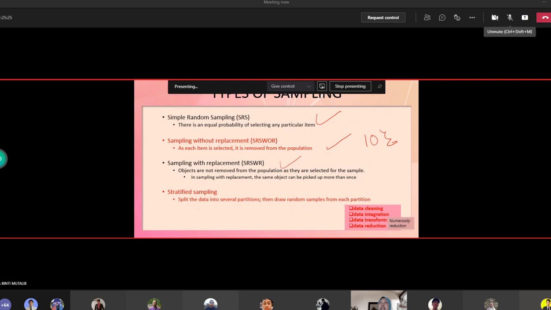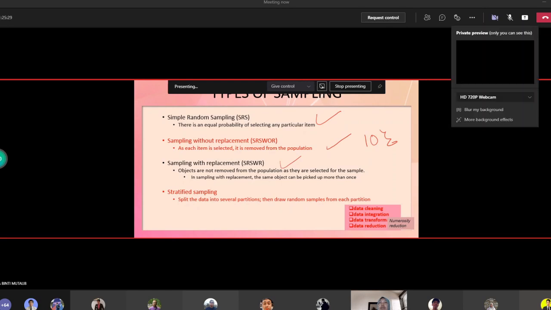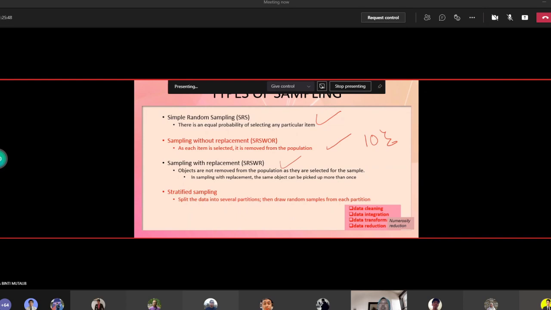And these records will be, okay, this record will be written to the pool. Then you have to pick up another record to be put in the temp sample, until you have finished 10%. So, selecting 10%. Sampling without replacement means that you do not put the records back to the pool,